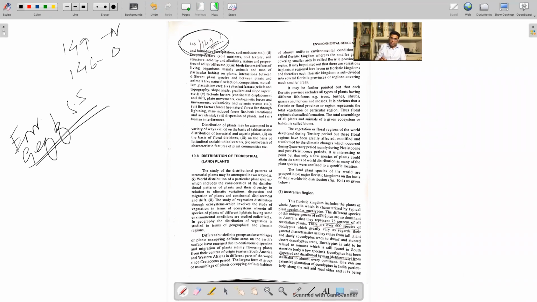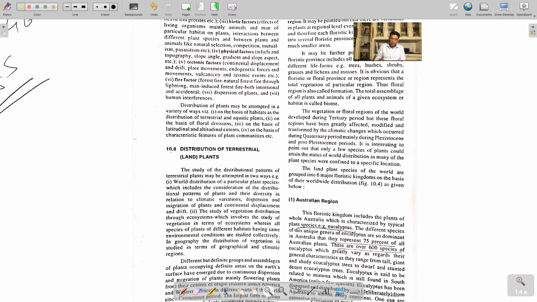So it talks about the study of distributional patterns of terrestrial plants. The study of distributional patterns of terrestrial plants may be attempted in two ways. We can talk in terms of species, we can talk in terms of vegetation distribution. But remember one thing that I mentioned earlier, that in